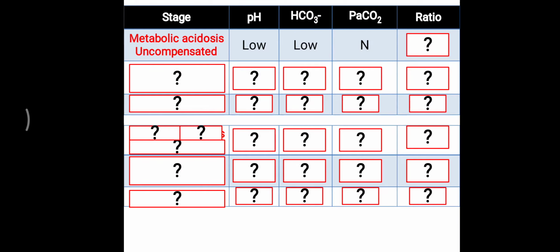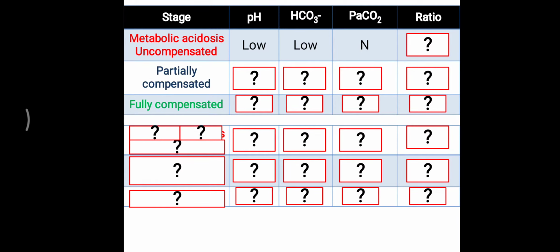Normal means it is uncompensated. Next are partially compensated and fully compensated. In a case of acidosis, pH remains on the lower side. The primary change, bicarbonate, remains lower because of this metabolic acidosis. Now, as compensation, initial or partial compensation, the partial pressure of carbon dioxide will also go lower. So if all three are going lower, it is a partially compensated metabolic acidosis.